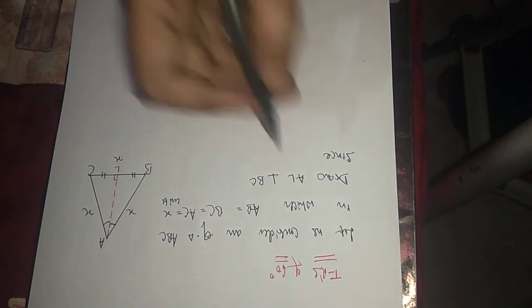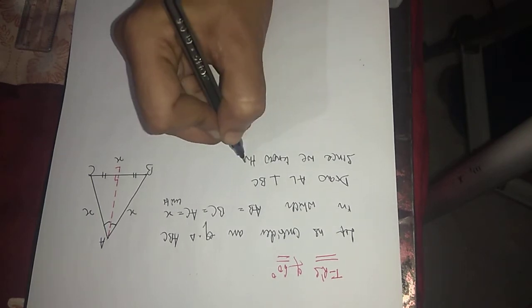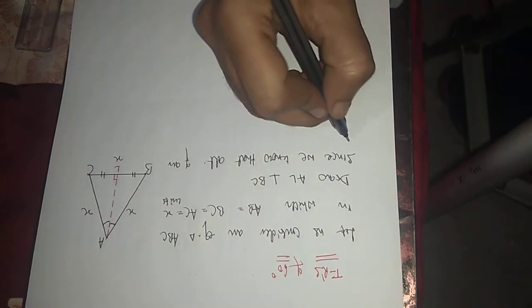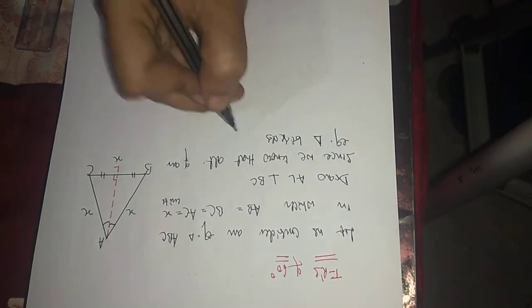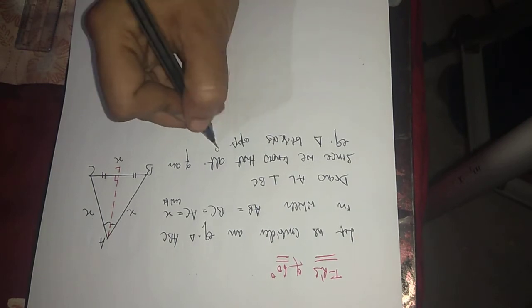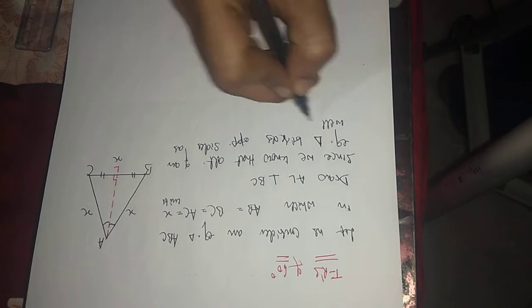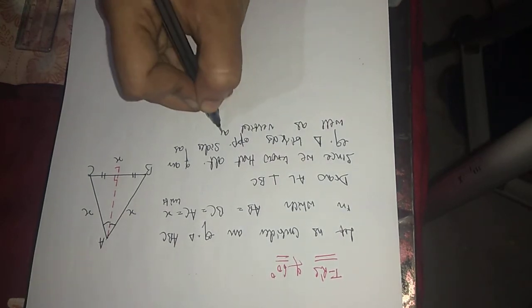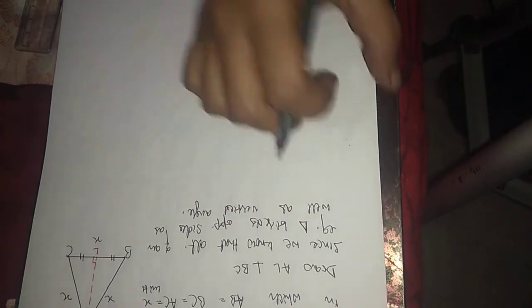Since we know that the altitude of an equilateral triangle bisects the opposite side as well as the vertical angle,